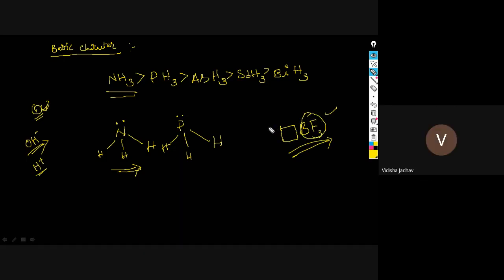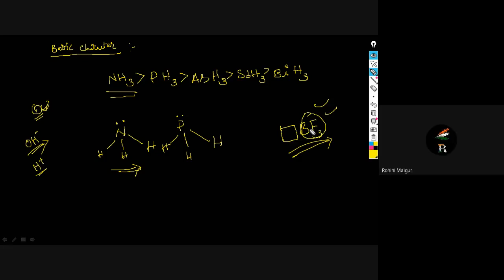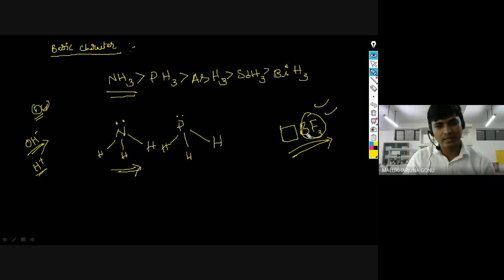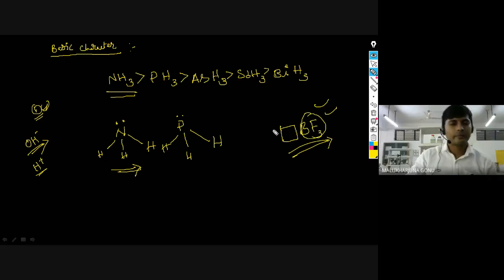Basic. Why is it basic? Rohini, which one is it? Is it acid or basic? Do you know the definition? Acid. Why is it acid, Rohini? Because boron is acid. Okay, I will tell you again, just to help you recollect.